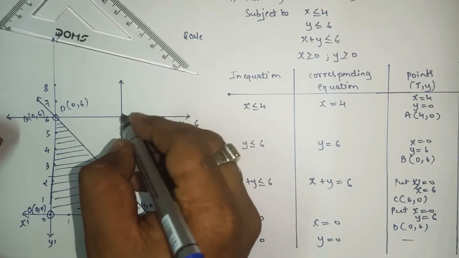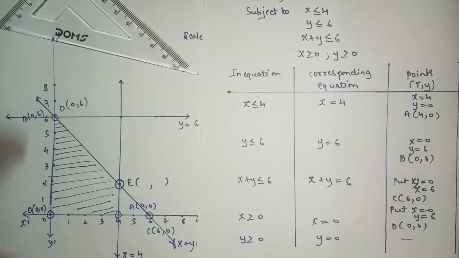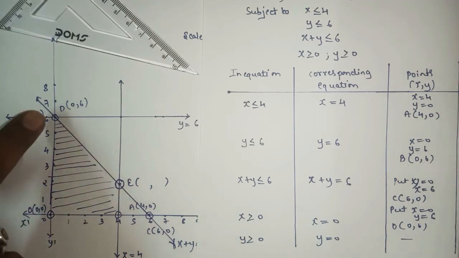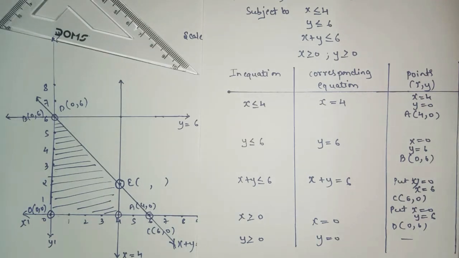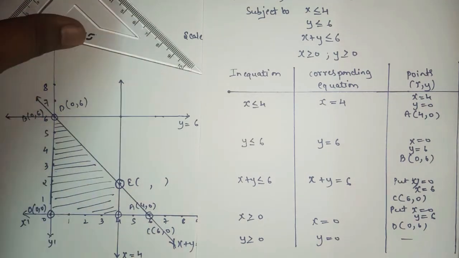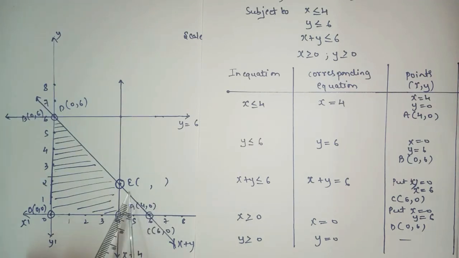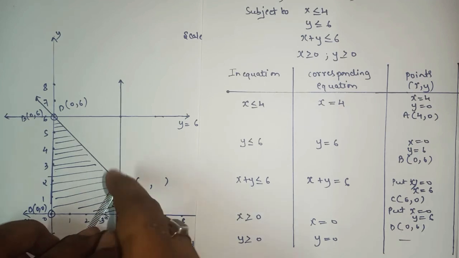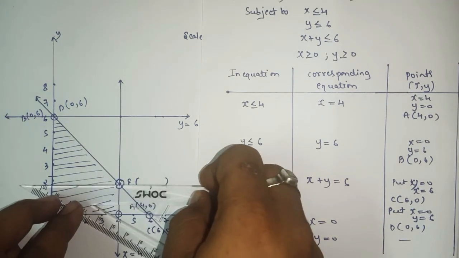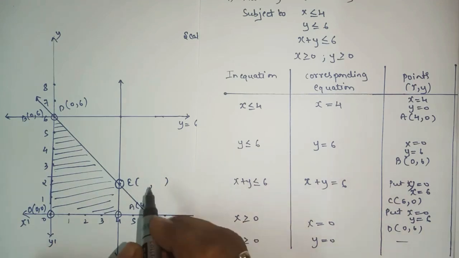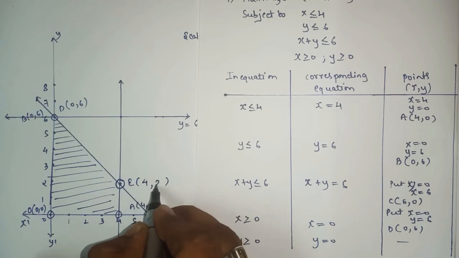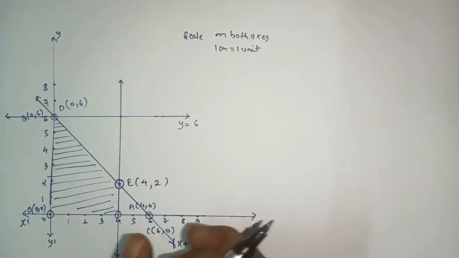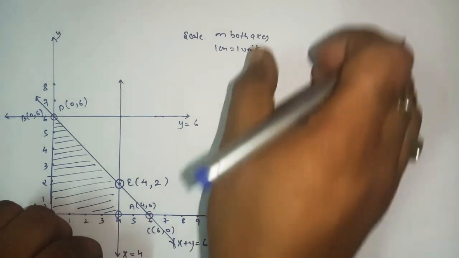Here we got one more point of intersection, and the corner points for the feasible region are 1, 2, 3 and 4. Understood? Clearly we can see that the point of intersection between these two lines is 4 on the x-axis and 2 on y. So the answer will be 4 comma 2, yes or no? 4 comma 2. But you have to show this 4 comma 2 by solving.